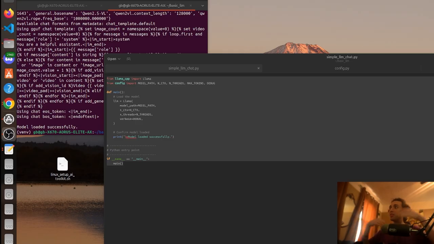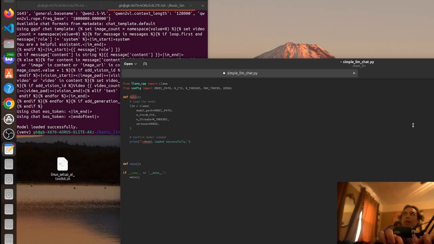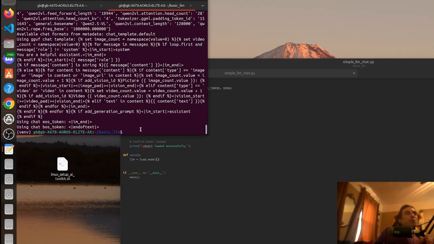Now the next step is being able to respond to it, or being able to say something to it. So we're going to have another main somewhere down here, and we're going to redefine this as load model. At the end, we're going to return our LLM. So now we can pass that into another function. We're going to pass the loaded model, the LLM, into another function. So now in our main function, we can go LLM equals model loaded. So there we have our model loaded